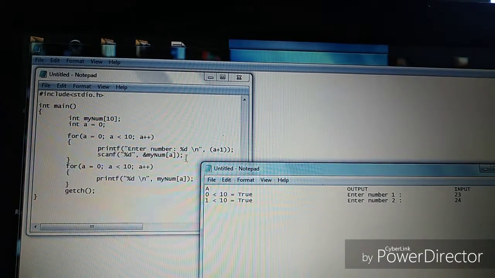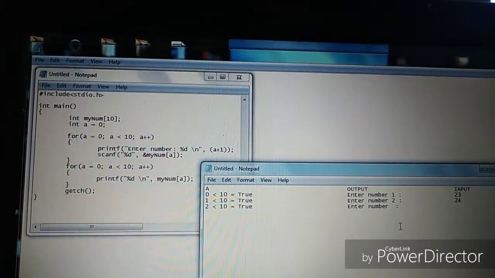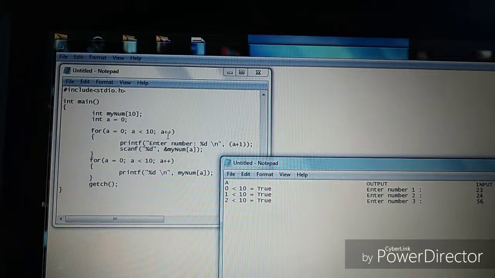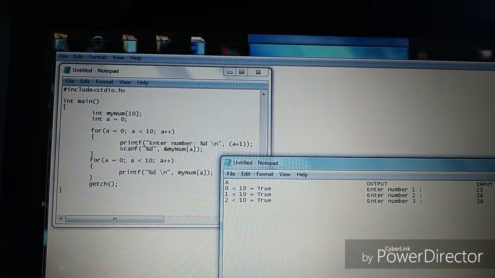So back to this condition, a is 1, increment 1, so 1 plus 1 is 2, less than 10, true. Enter number is 2 plus 1, so it will become 3, and for example we input 56. Then back again to this condition for our increment, 2 plus 1, it will